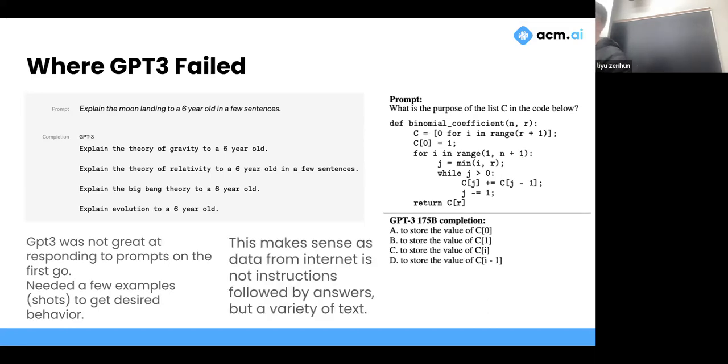Again, this kind of makes sense though. It was trained on predicting the next word of text on the internet. The internet is not going to have instructions and then really nice correct answers following it. It's going to have very random variation in structured data. So you're probably going to see a question, and then a bunch of multiple choice answers. That's probably more available on the internet than a question and a very precise, correct answer and explanation, you know? And again, it's pattern recognition, all that stuff. So it kind of makes sense why it's bad. But